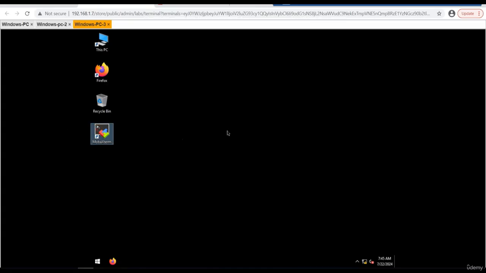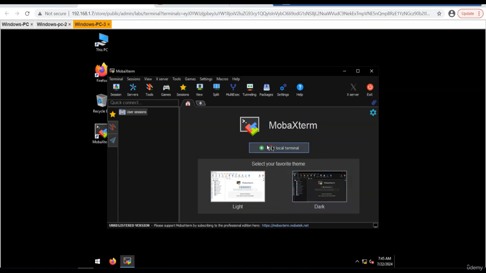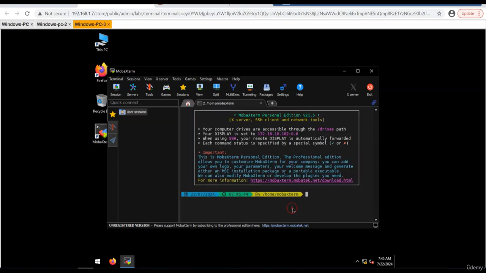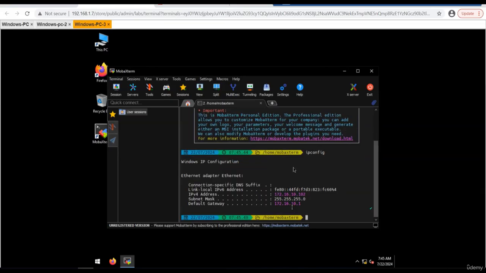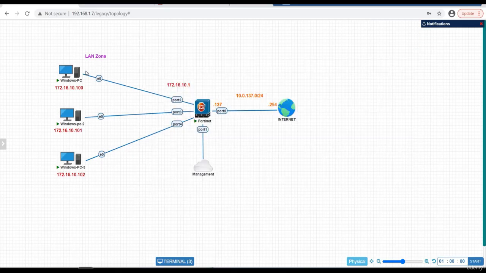And here on Windows 3, all right, if you see here, it is having an IP address 172.16.10.102. All right. So IPs are configured as such, and now we need to configure the software switch at the FortiGate